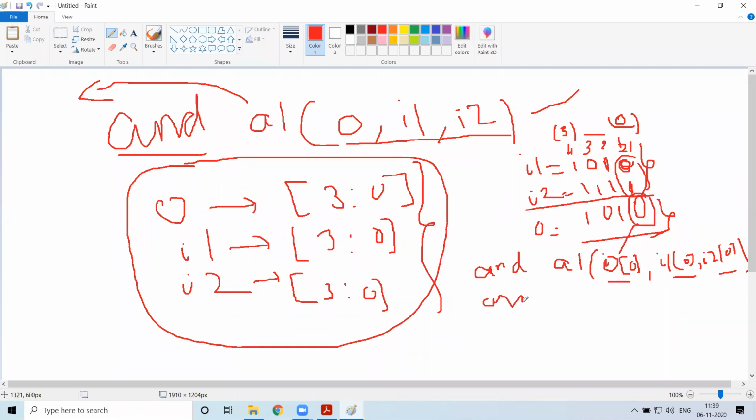Similarly, I can go for the next one, say A2, or if you want, you can write it as A0 and let this be A1. So for this one, again, it should be in square brackets.